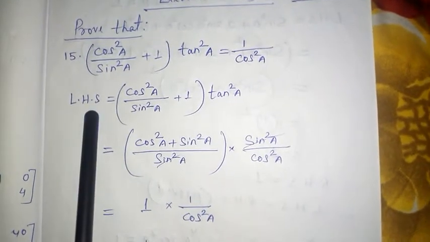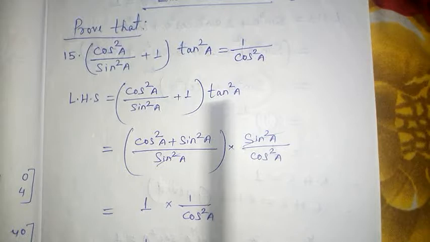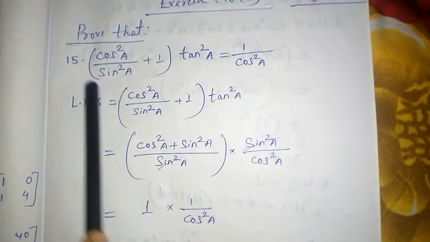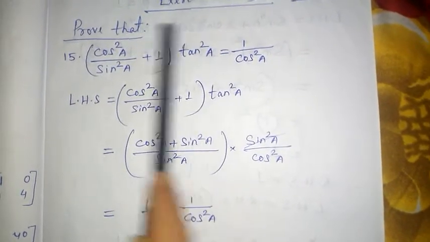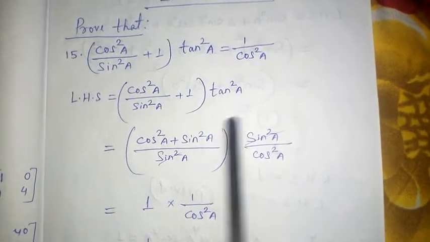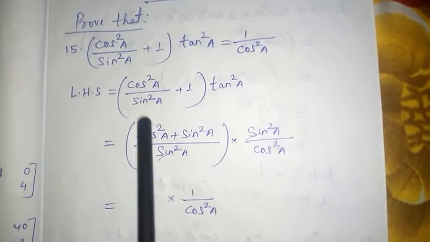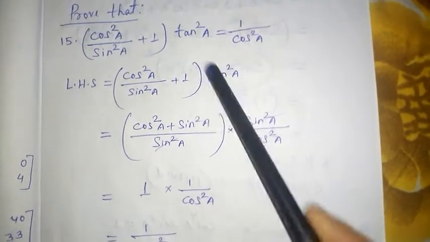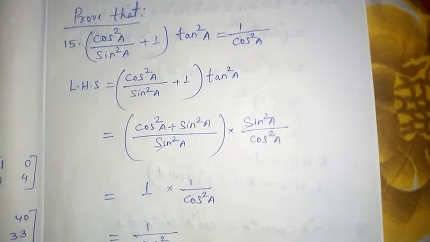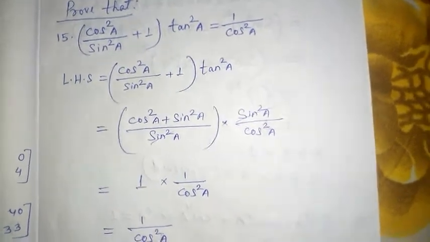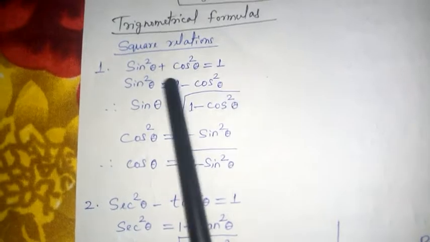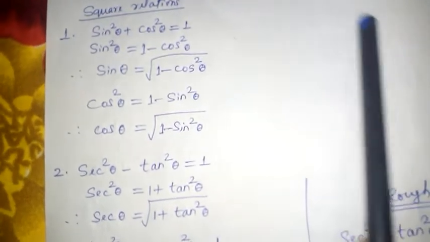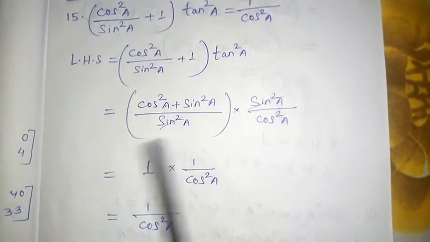So first I will start with LHS. LHS equal to the same, the LHS part. Before the equal sign, whatever is there, that part I rewrote here. Now I have to prove this portion that it is 1 by cos square a. Like if there is theta in the formula, then we get theta on the other side. But if there is a, you have to use the same formula in a also. That means writing theta or a is all the same. Don't take it otherwise or in a different way.